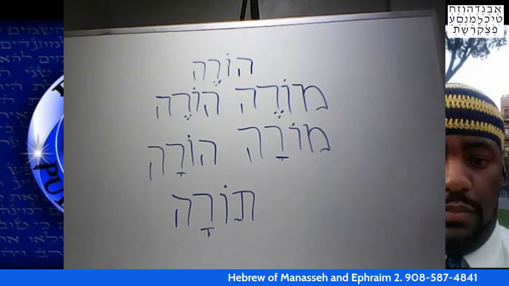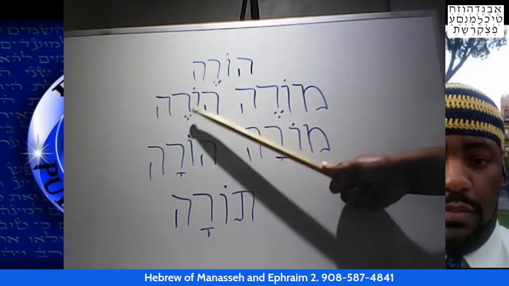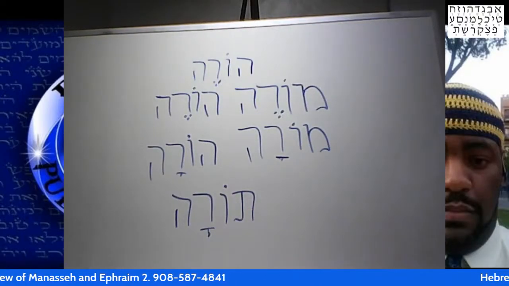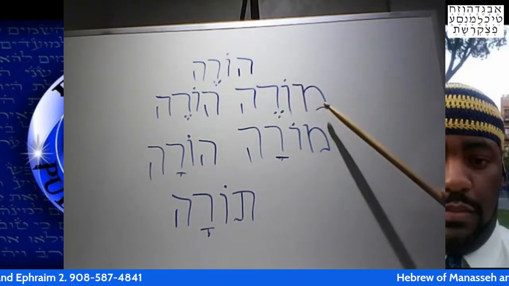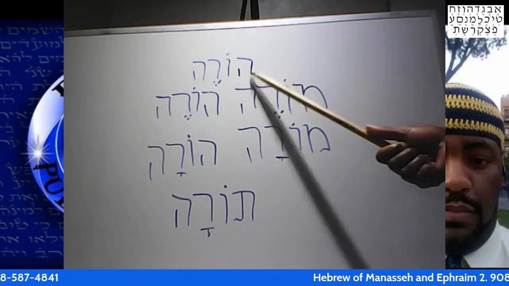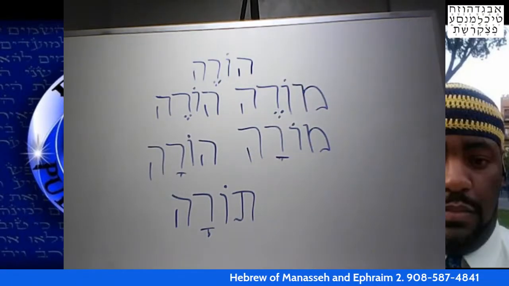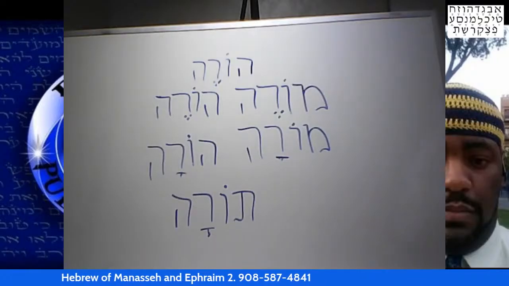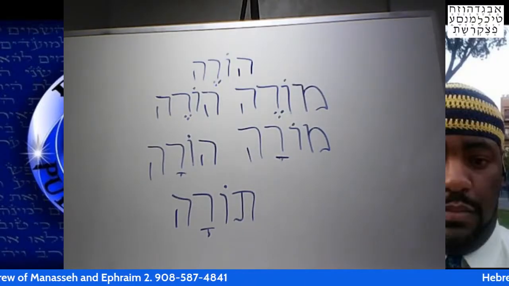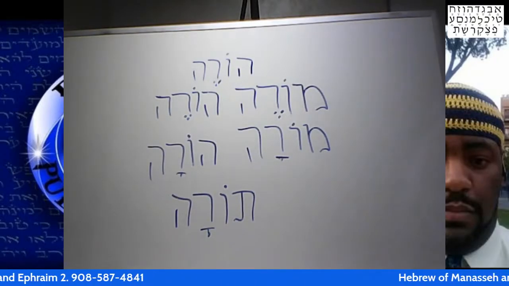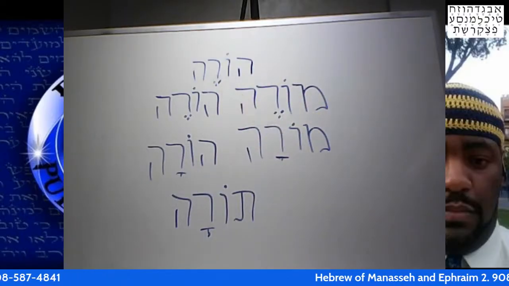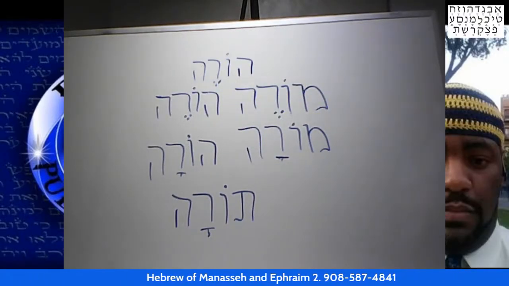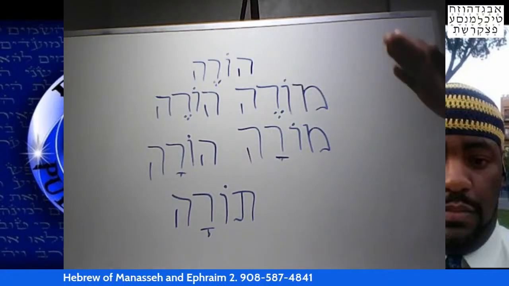You can see that the O and the R sound is still there. You may have a change with the mem or the tav or in root with the hey, but the general premise of the sound is still there. Unlike English, when teaching and instruction, those words do not sound alike, whereas teacher and parent in English do not sound alike in root, linguistically. So just want to point that out.